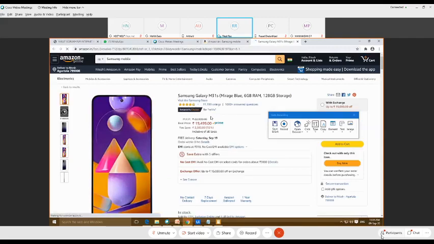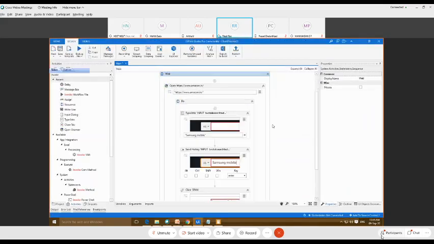So now I'm going to just save and exit this. Then you will see how it is going to convert all this user action into a sequence automated web project. So for that, I'm just going to click on the save and exit. You can see here, every user action for searching the Samsung mobile from this Amazon website has been captured using this web automation, and that is again converted into a sequence file. And everything is, you can see here, step by step.